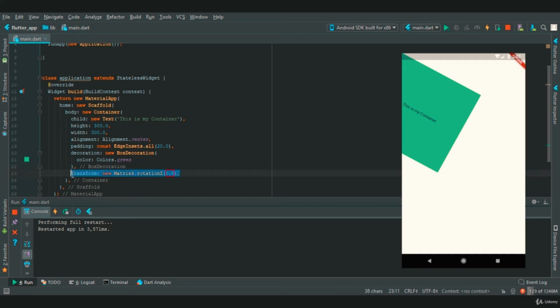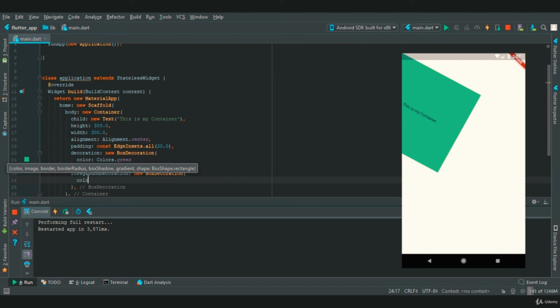Now after this, the last property that we are going to see is called foregroundDecoration, which takes a new BoxDecoration widget, and in this BoxDecoration we are going to provide a color. We'll say Colors dot, and let's provide a deep orange color.